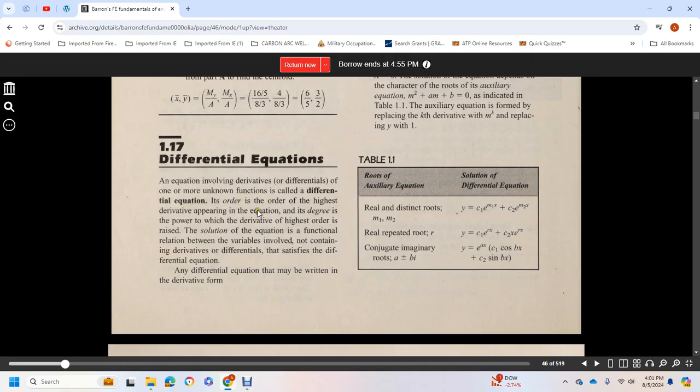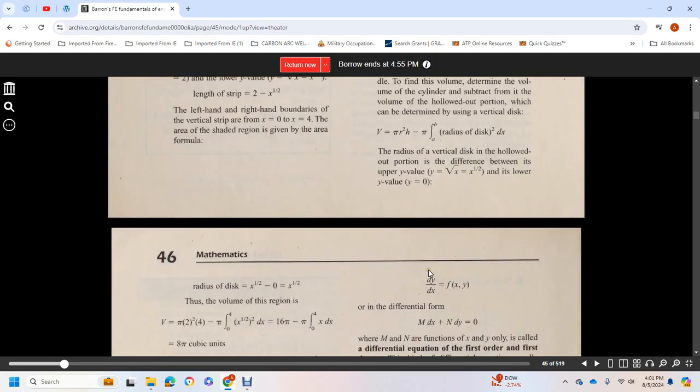The order is that of the highest derivative appearing in the equation, with the degree being the power to which the highest order derivative is raised. The solution of the equation is a functional relation between the variables involved, not containing the derivatives, that is satisfied by the differential equation. And the differential equation may be written in the derivative form